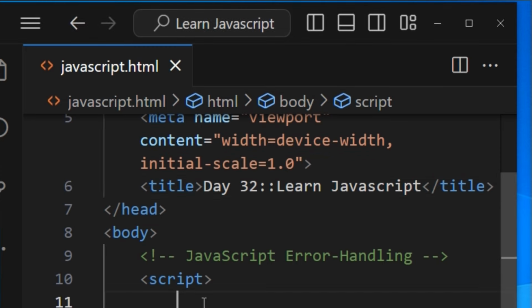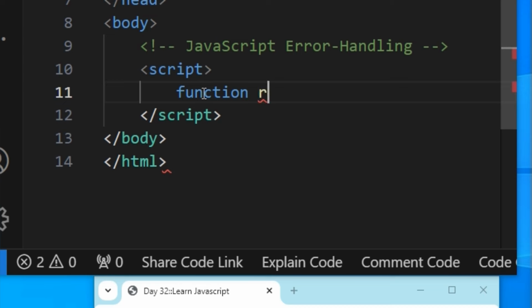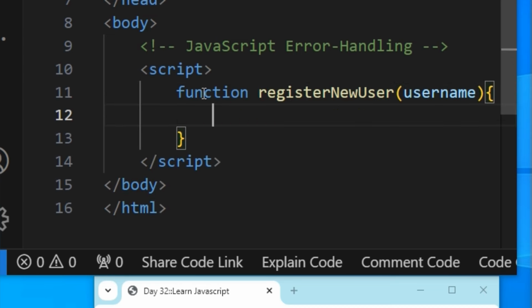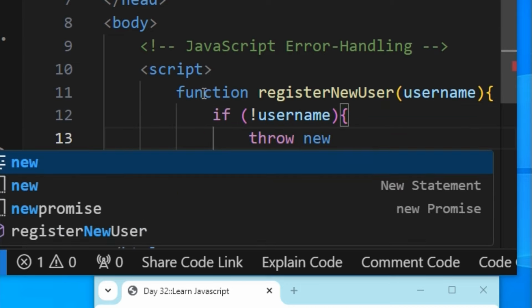तो यहाँ पे सबसे पहले हम एक फंक्शन क्रिएट करेंगे registerNewUser के नाम से. Put the username as a parameter. In a block of code, I will use the if condition to check the validity. If not username, then again in a block of code,